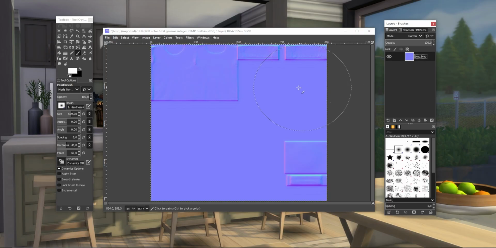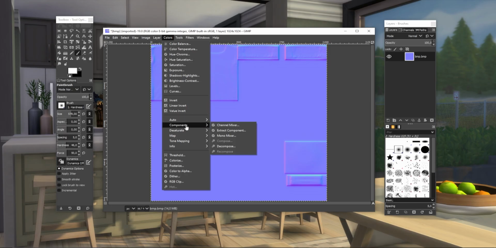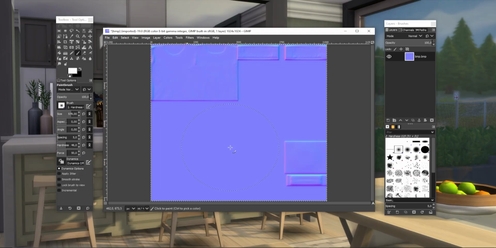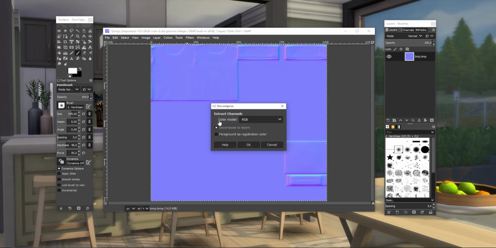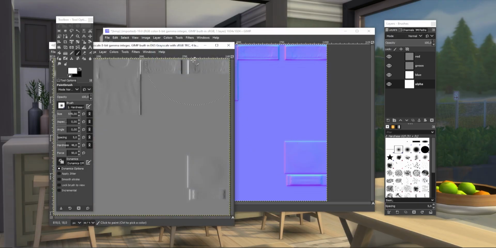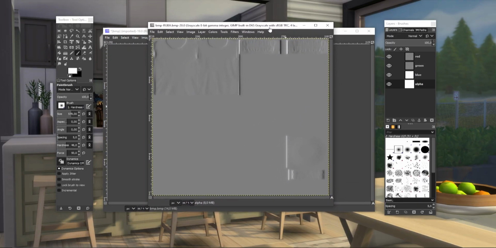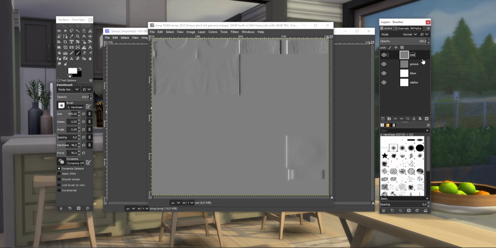So that's it. We click on colors, components, and decompose. Then we change the color model from RGB to RGBA and click OK. Now we have a new window that is grayish, and we have 4 layers. And now you have to listen closely. So we click the red layer, then we press